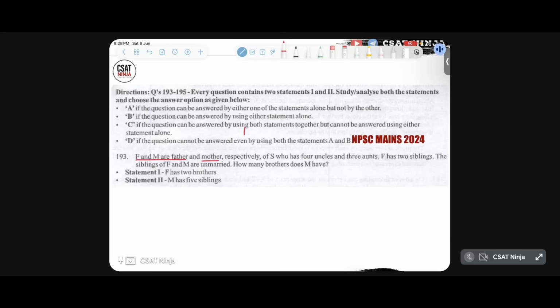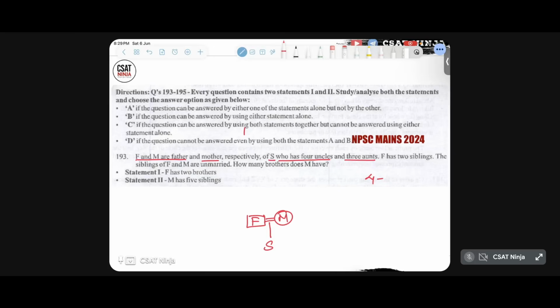That means F is a father and M is a mother. Question directly. Of S, who has 4 uncles and 3 aunts. This one is still a question, okay? So these are father and mother of S. But the key point is this one: 4 uncles